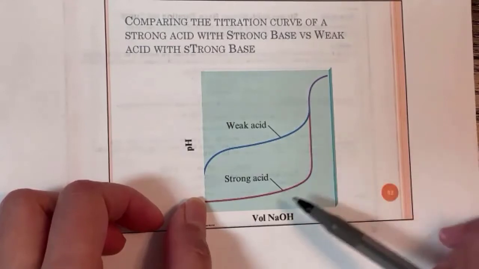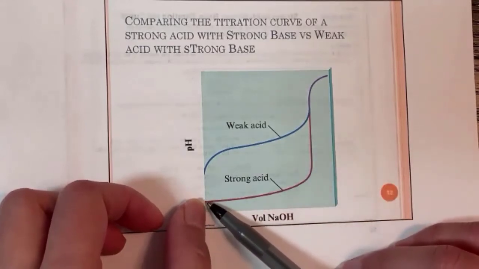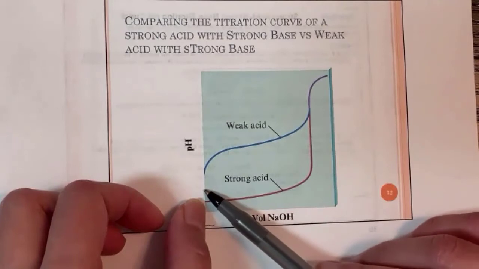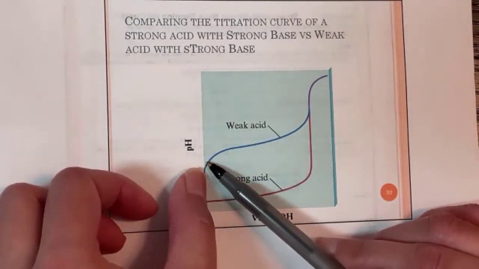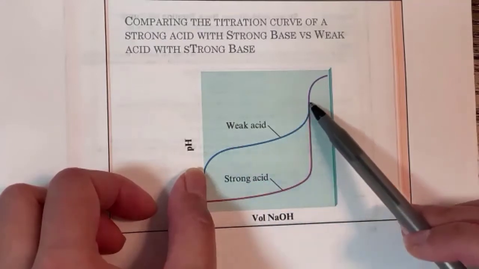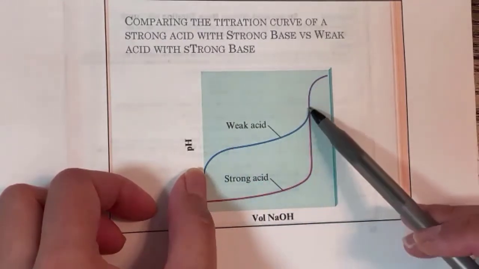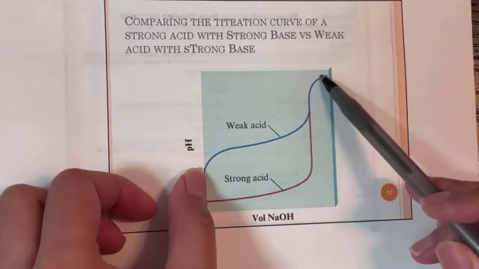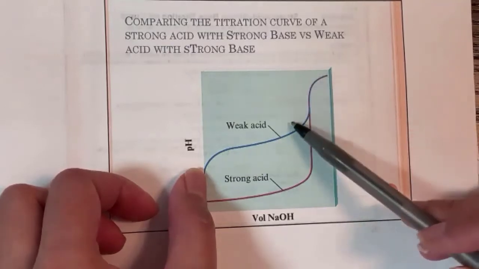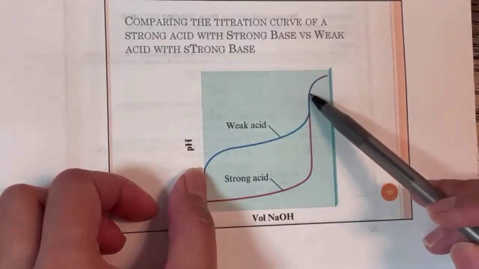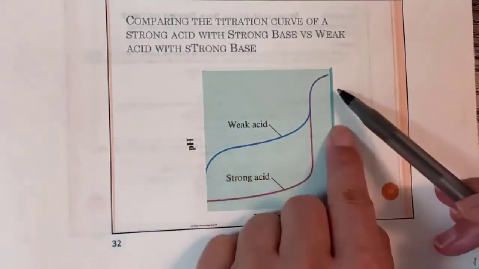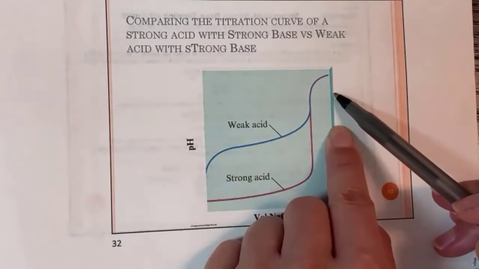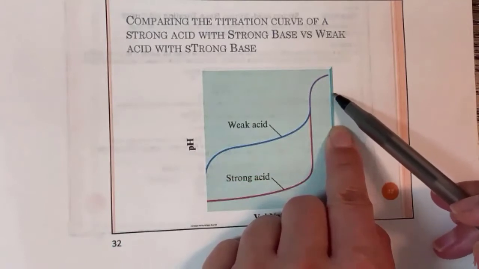Now, if you had a weak acid, it doesn't start at a low pH like the strong acid. The weaker the acid, the higher the pH is. So the weak acid would start at a higher point, and it'll go up. And then the jump is there, but it's less pronounced than with a strong acid. Because it's less pronounced and it starts higher, the middle of the blue line is somewhere here,